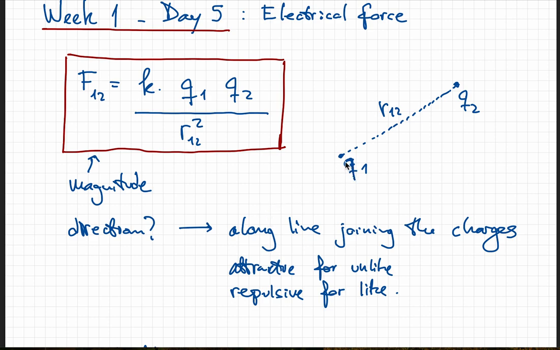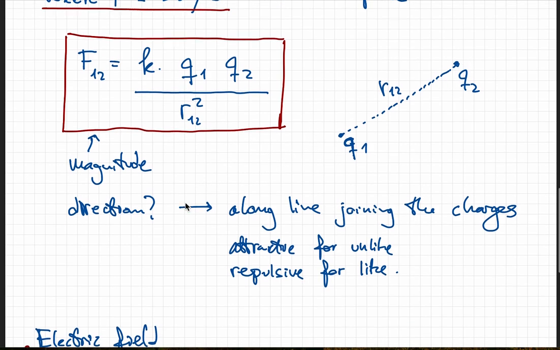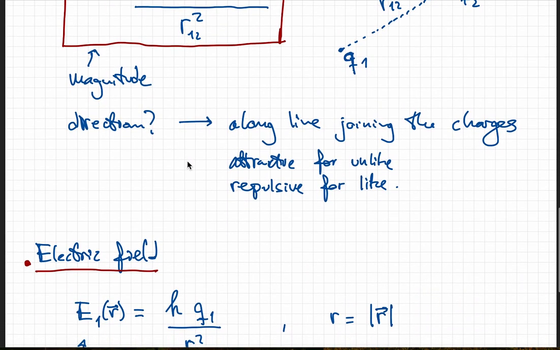Of course, we have Newton's third law that tells us that F12 is equal to F21. In other words, the force on 1 due to 2 is equal and opposite to the force on 2 due to 1. You know that very well because you understand Newton's laws. So based on that idea,